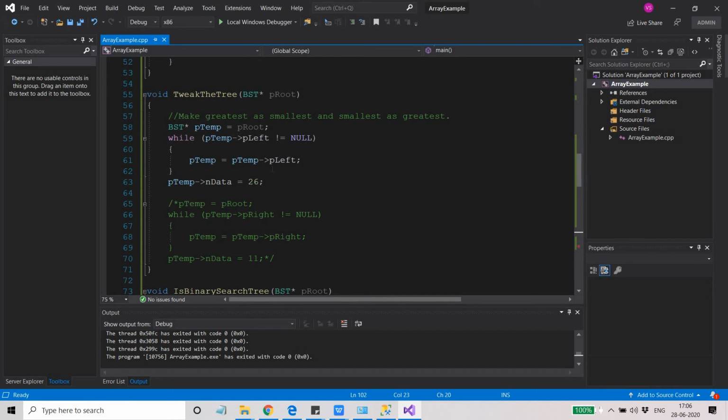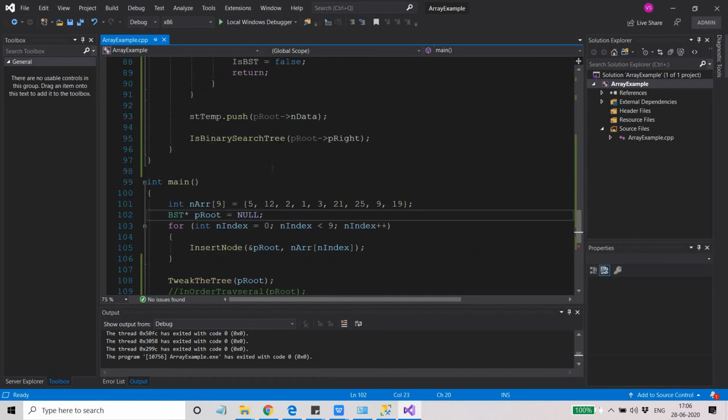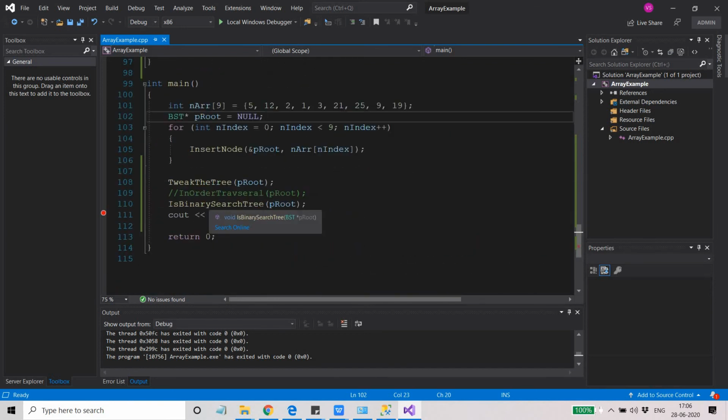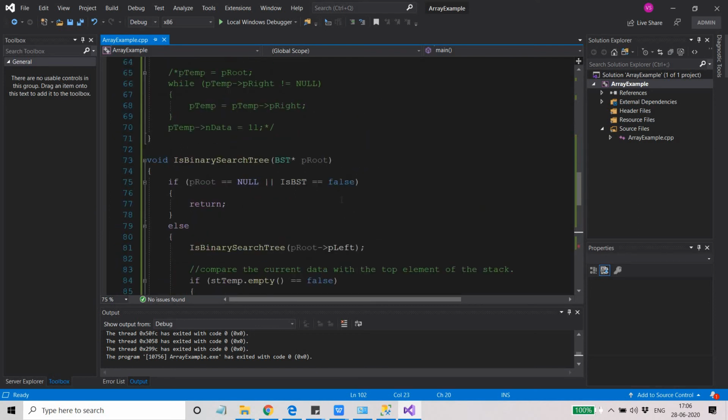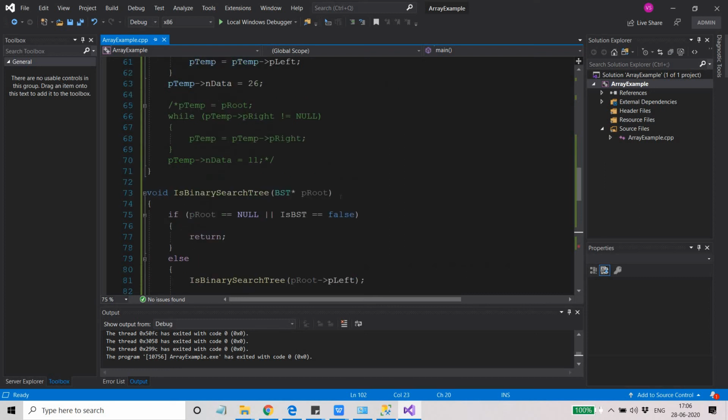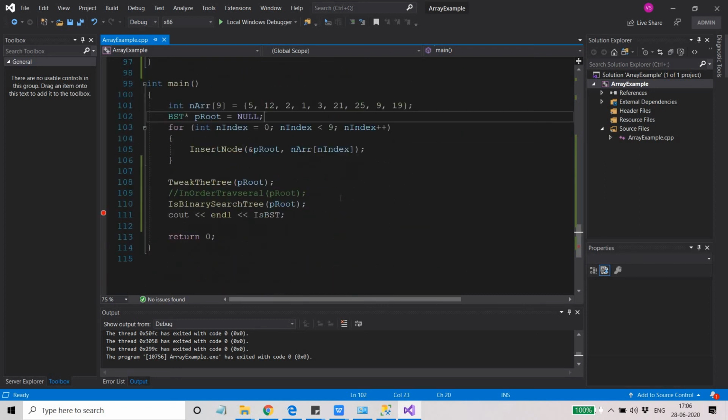You can add that logic and tweak that one, but this binary search tree is always going to give you the correct result. Okay, so I hope you got the point here, and I hope you got how the stack can be used to find out if your binary tree is a binary search tree or not, right?